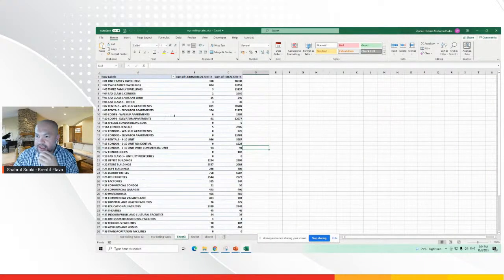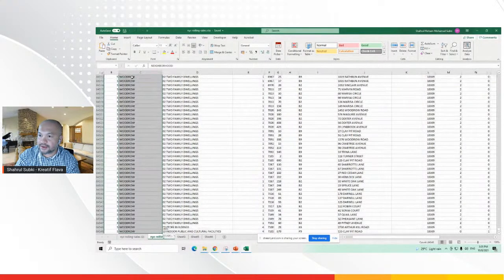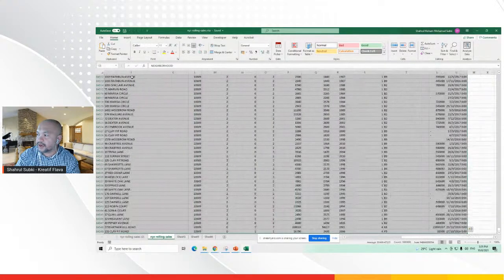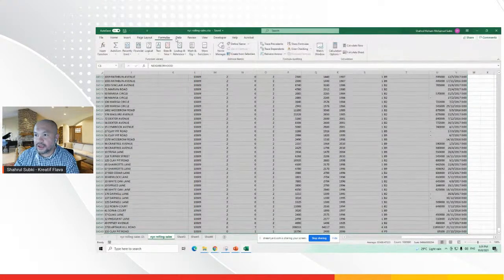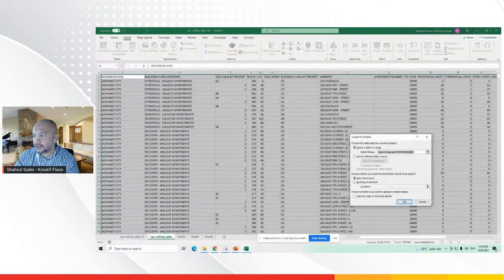This is a pivot table. So how do I come up with this? From here, I press Shift+Ctrl+Down to grab the data down, and then Shift+Ctrl to the most right. You grab that, and then over here in Insert, you hit Pivot Table. When you hit that,